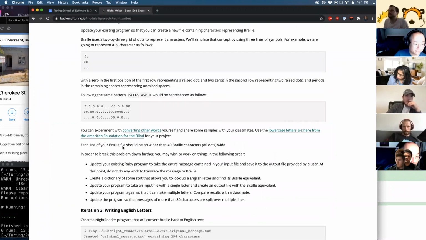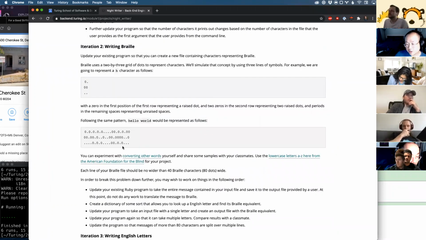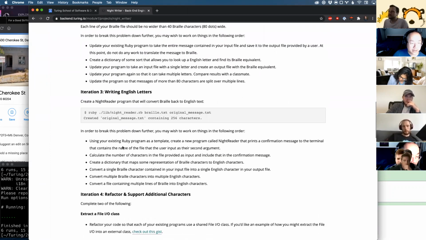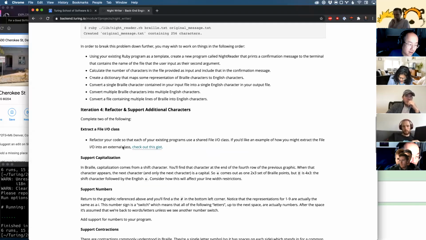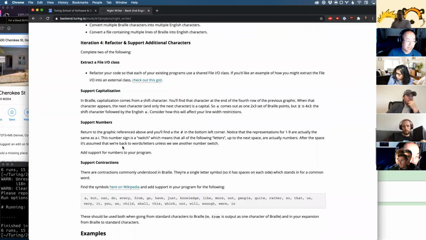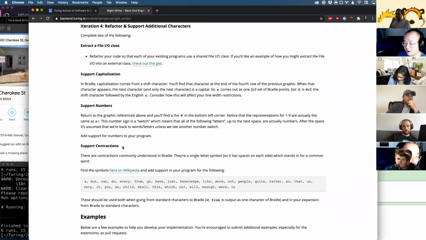iteration 2 is converting from English to Braille. Iteration 3 is going the other direction. The expectation to pass this project is that you will meet all the things in the rubric, and we want you to complete iterations 1, 2, and 3. Iteration 4 is some extra stuff you can do. However, I will reiterate